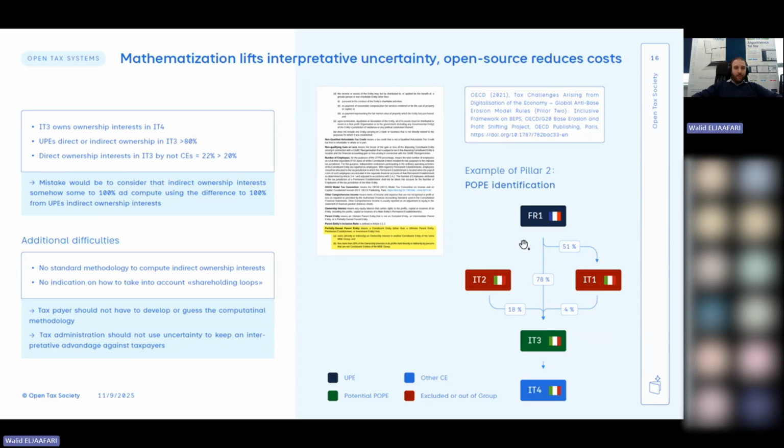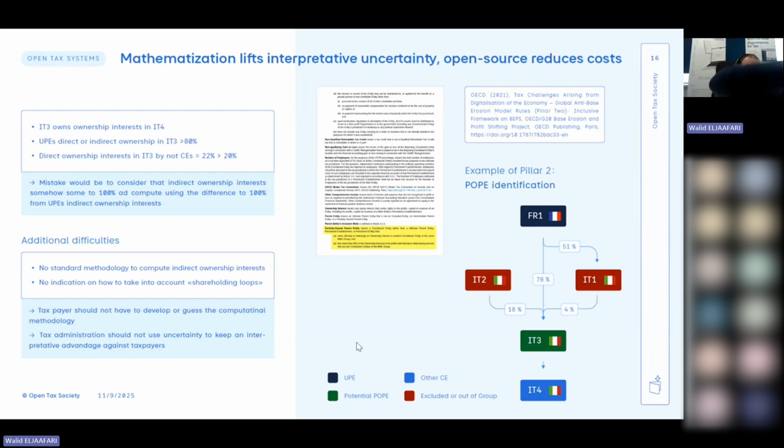Well, if you're a math guy like me, you have philosophical problems when you see such a situation, because you can invent a case where you have FR1 that owns more than 80% of Italy 3, and at the same time, more than 20% of its shareholding is owned by entities that are excluded from the GloBE group, the GloBE scope. So what does it mean? It means that it's not the same to be owned directly or indirectly by the UP at 80%, or to be owned directly or indirectly by other third-party entities at more than 20%. And so this is a divide that cannot be present